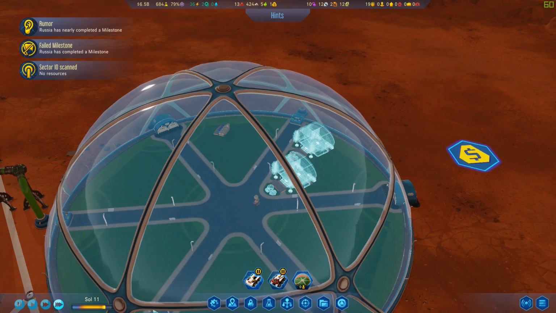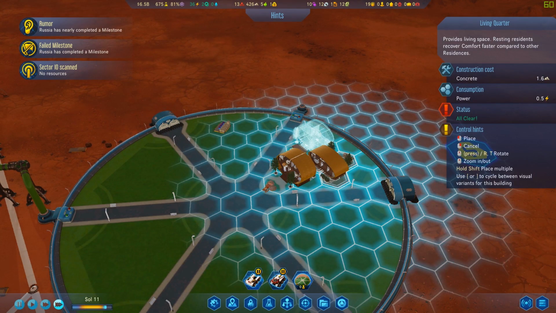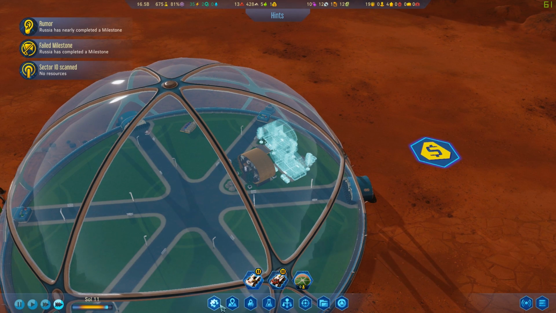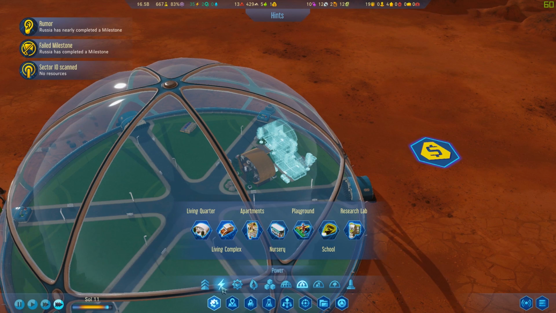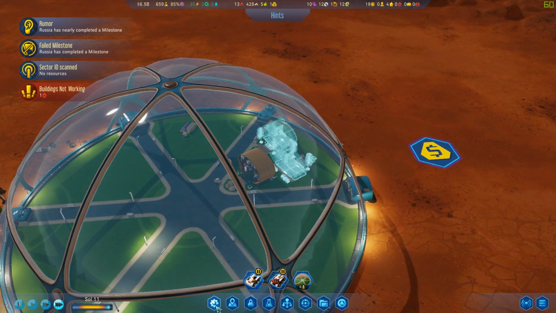Just need to figure out the perfect way to place it. Something like so. I'm going to leave one space open because there's a new thing that we're able to build, and those are...